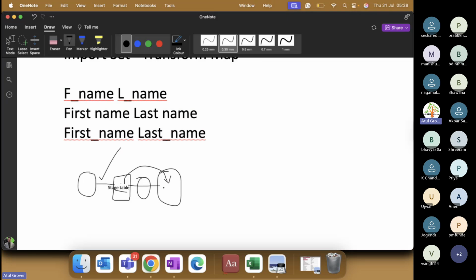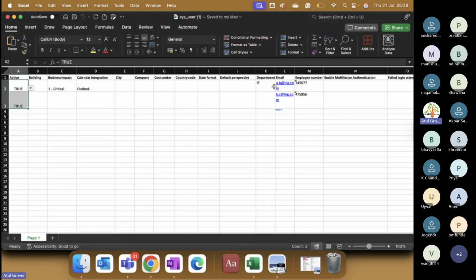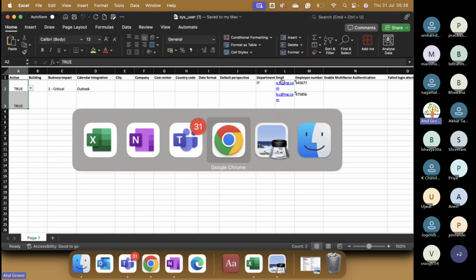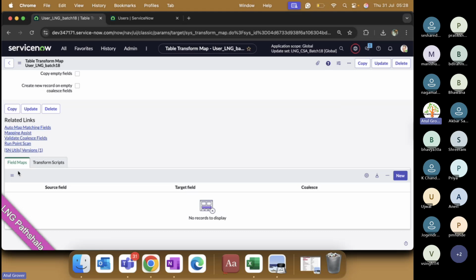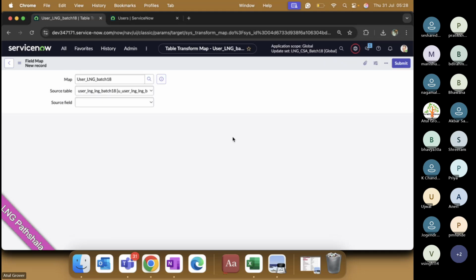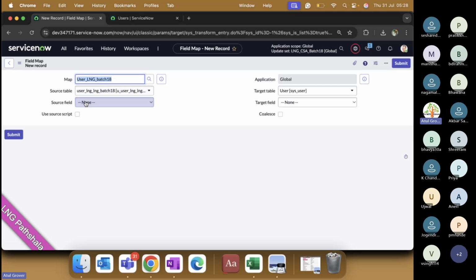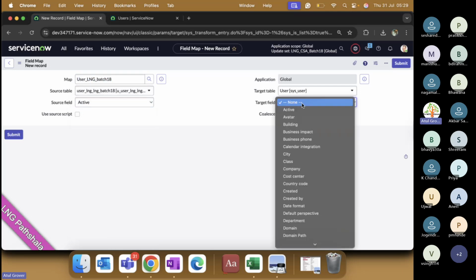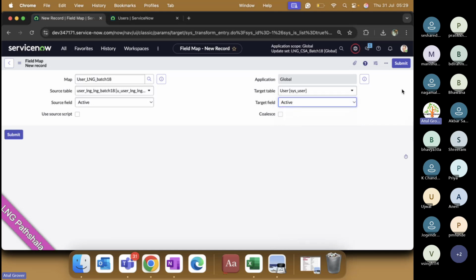बस ये data इस table में आएगा. But where we have defined that user data or the email ID will go in the email field only, that we're going to do now. And that needs to be done by the field map. तो ये क्या है देखते हैं. करो click new. ये कह रहा सोर्स टेबल में कौन सा फील्ड है. मैंने कहा सोर्स टेबल में एक्टिव फील्ड है, टारगेट टेबल में किस फील्ड से मैप करना है, मैंने कहा एक्टिव फील्ड से मैप कर दो, ठीक है, सबमिट।